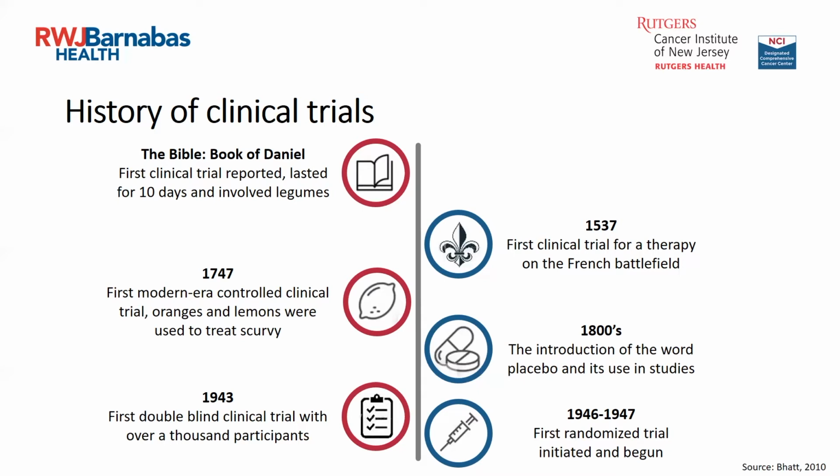Later research was based on forms of the comparative trial. For instance, randomized trials. They use chance and pick people at random and then separate them into different groups. And the use of placebos, which compared a treatment with a sugar pill. That's the placebo. It measures psychological effects versus an actual physical effect. In cancer trials, you will never get a sugar pill or a placebo. You'll either receive the usual treatment or the new treatment that is being studied. And basically, the idea of using a comparative group became the standard for clinical trials.